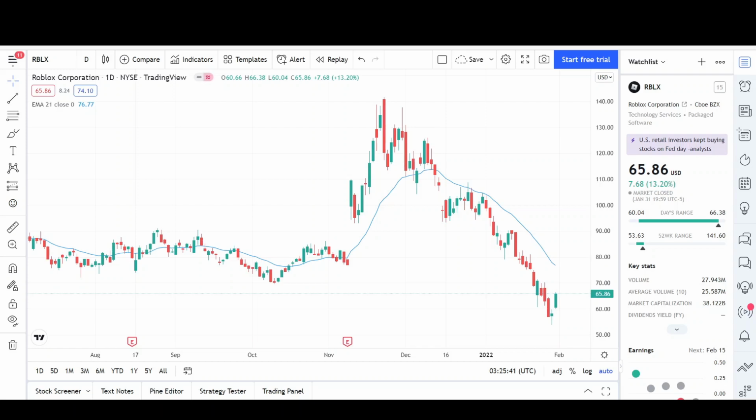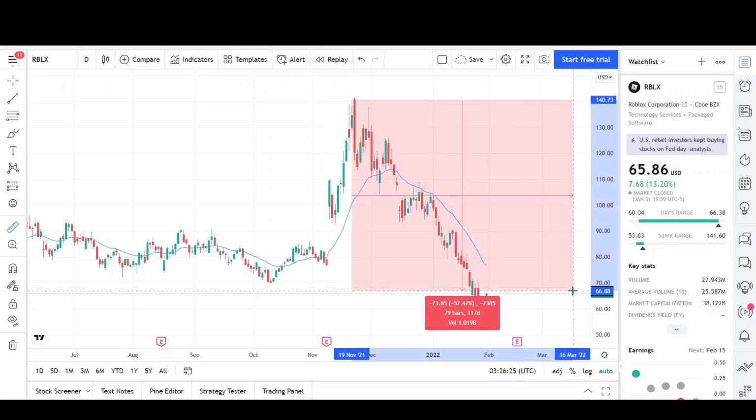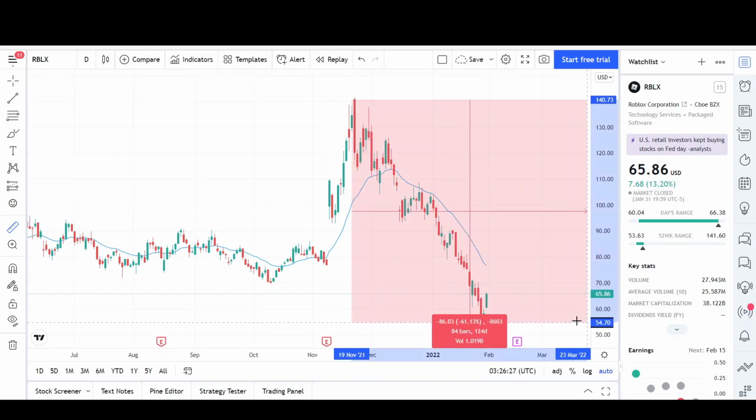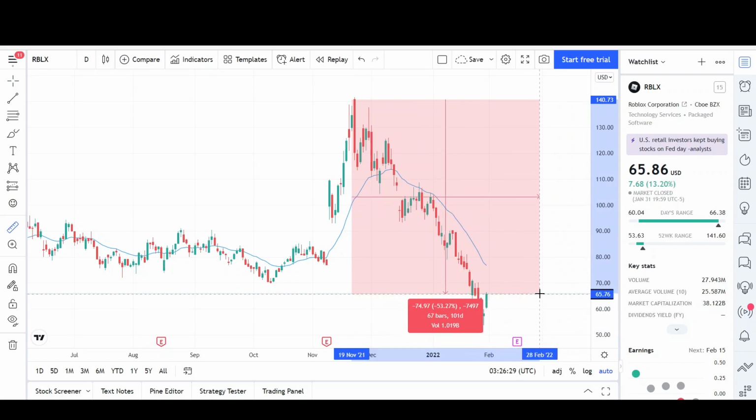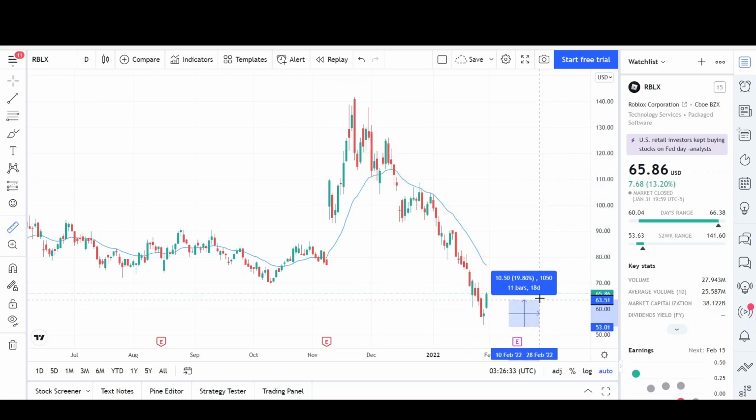I will first go over what I see on the daily chart and finish the video off with the weekly chart. So it looks like ROBLOX has been selling off since it made this all-time high back in late November. Let's see how much the company has lost. It looks like it dropped to about a 60 to 61% loss. And now we recovered from the lows to about right now, about a 25% bump